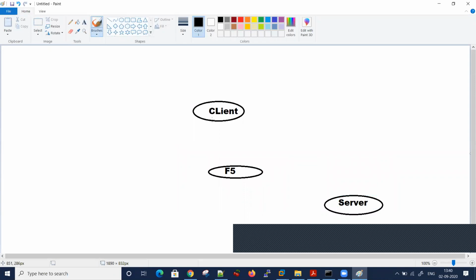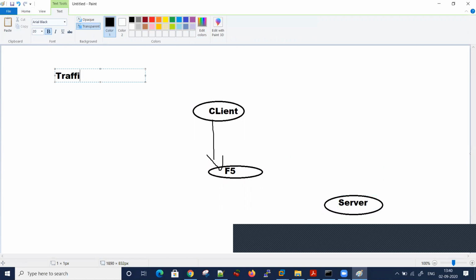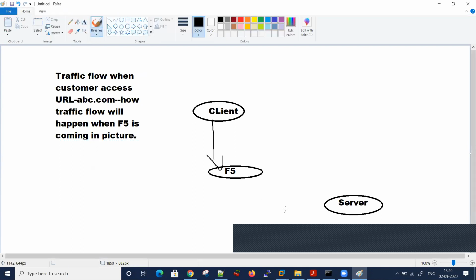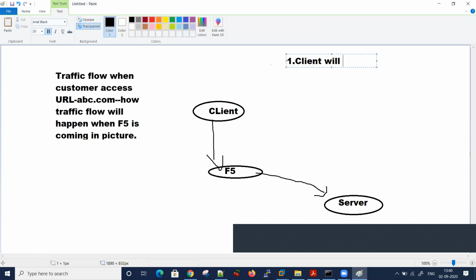So the initial request will come. Now I'm talking about the traffic flow when a customer accesses the URL abc.com. How will the traffic flow happen when F5 is in the picture? Initially, the client will send a request to F5.